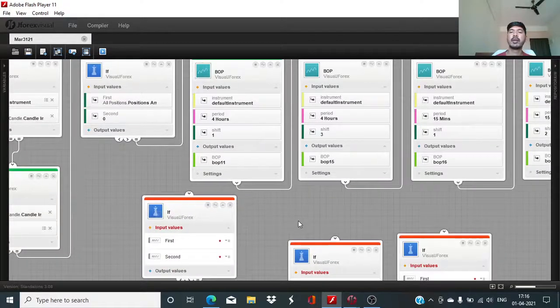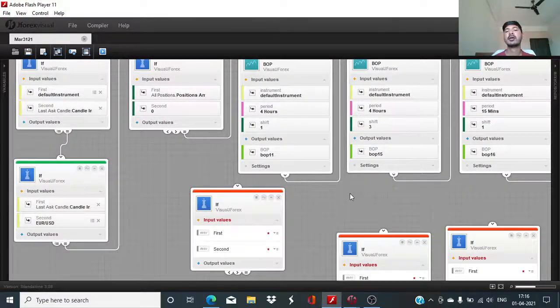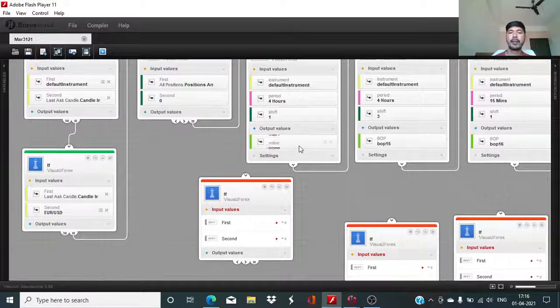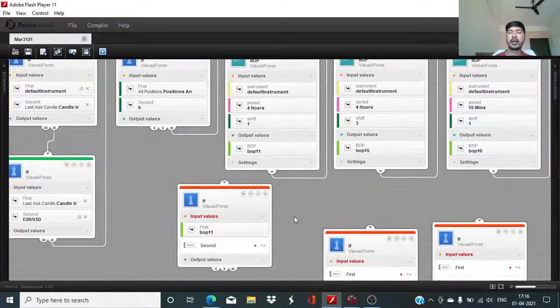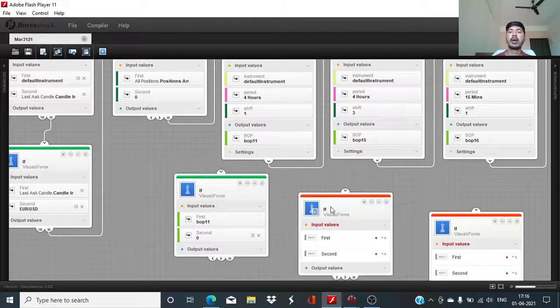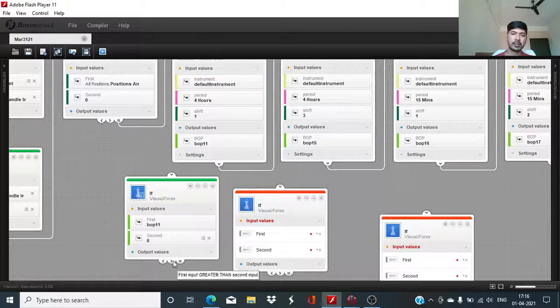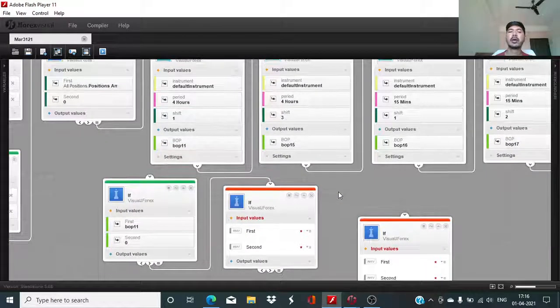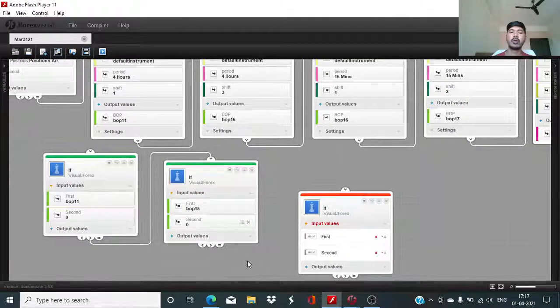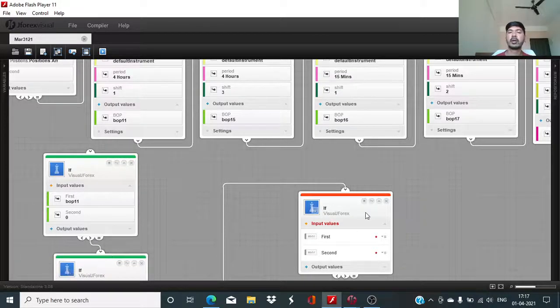So here this balance of power. For the buy trade, the last 4 hourly balance of power should be above 0, and first input greater than second input, and balance of power 15 should have been below 0. So first input less than second input. Then